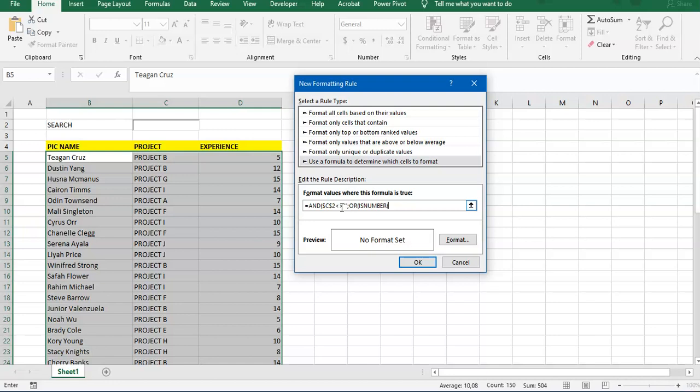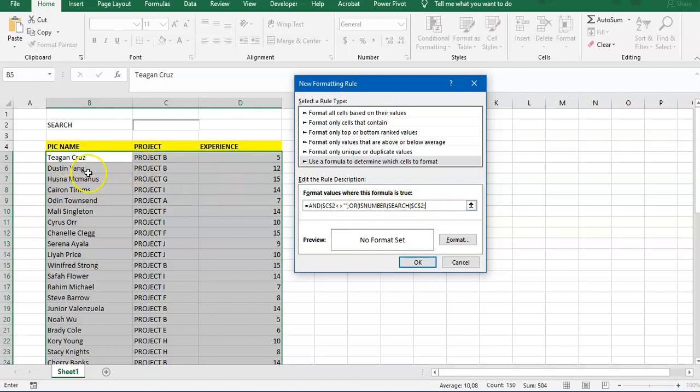Is number, and another function. We're going to use search, based on C2. C2 is our reference cell,